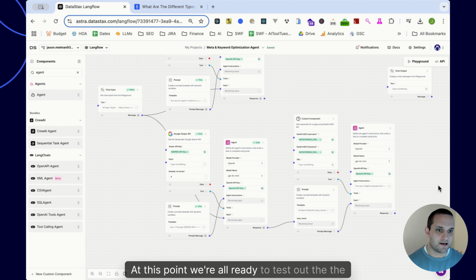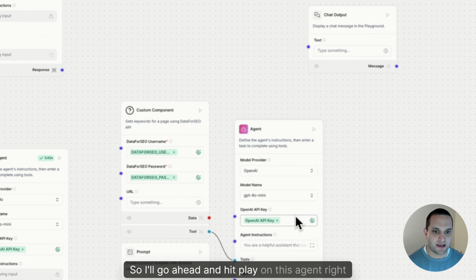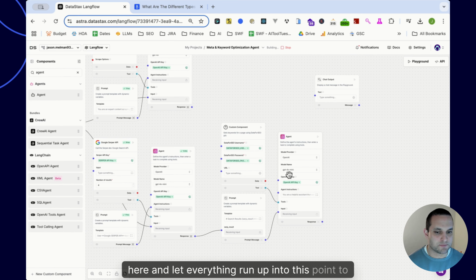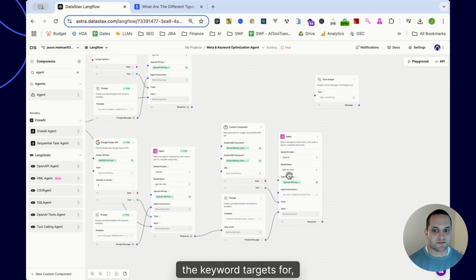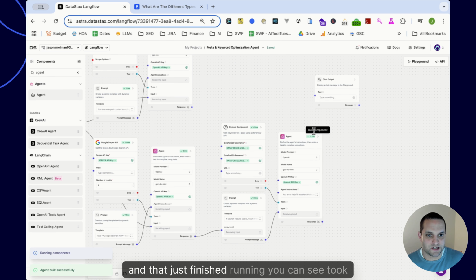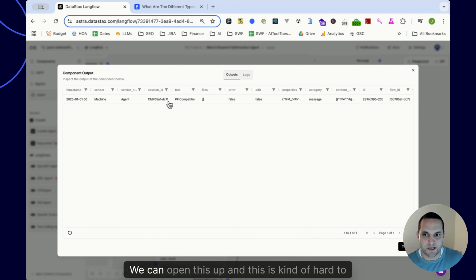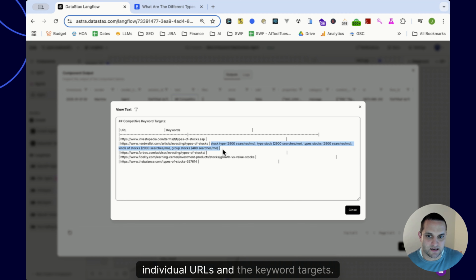At this point, we're all ready to test out the flow once again. So I'll go ahead and hit play on this agent right here and let everything run up into this point to just verify that the output of what we have so far provides me with the keyword targets for the individual pages. And that just finished running. You can see it took about 12 seconds to run there. We can open this up and this is kind of hard to see because of the format, but it has the individual URLs and the keyword